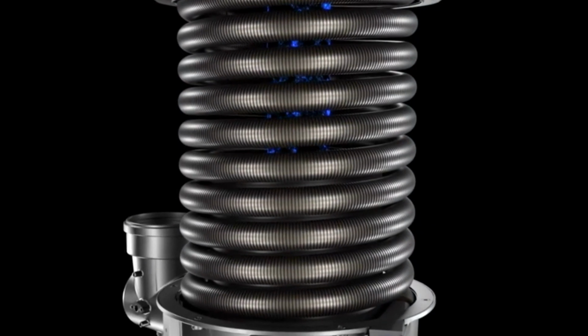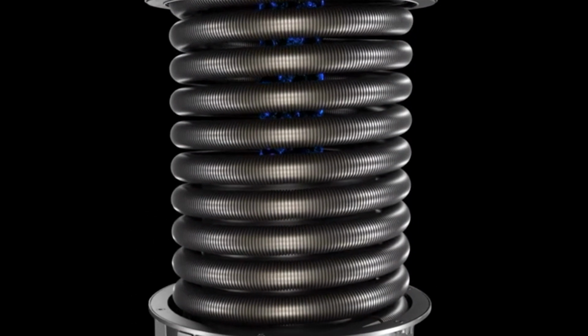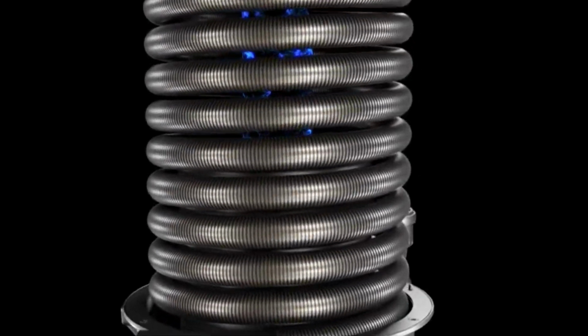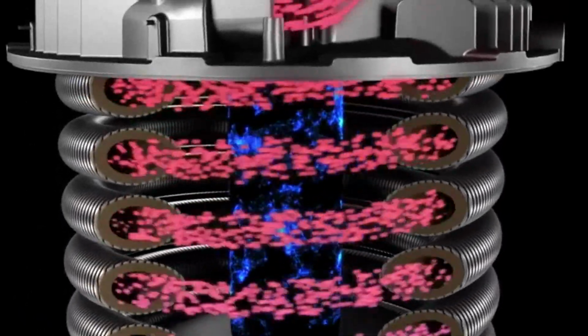Engine is a single-fin stainless steel coil that is designed to float freely. This unique feature allows for rapid thermal cycles by allowing the coil to expand or contract as needed. Cold water enters the coil at the bottom and is heated precisely to the set temperature before emerging at the